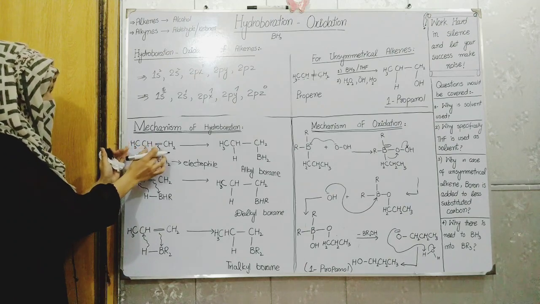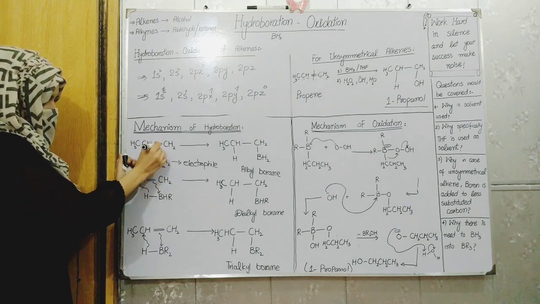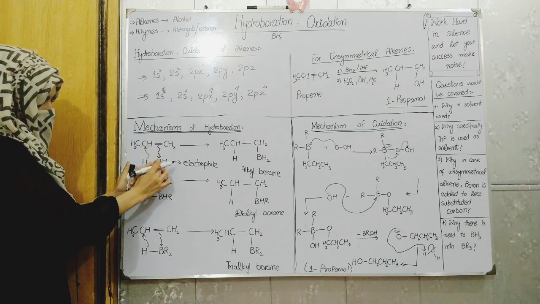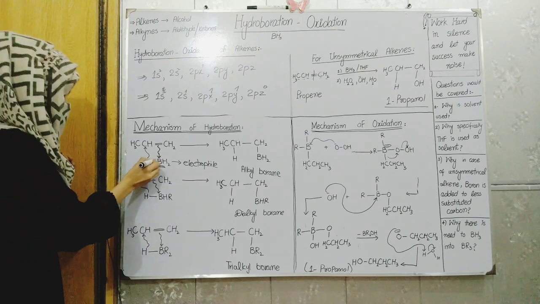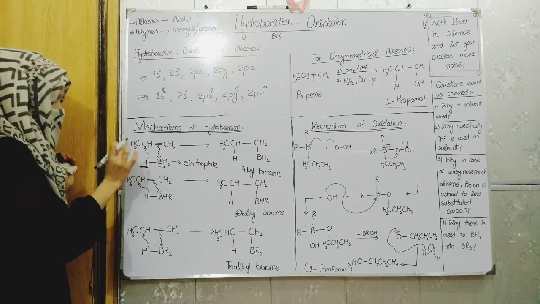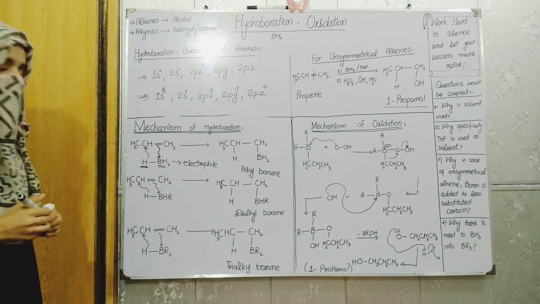Simultaneously, here you can see that when this pi bond breaks, as the valency of the boron is 3, boron forms one bond with that carbon, and 3 bonds of the boron are already formed, so this bond breaks and this hydrogen atom simultaneously attacks as a nucleophile on that carbon. Okay,